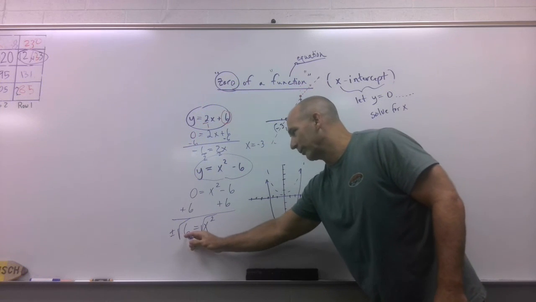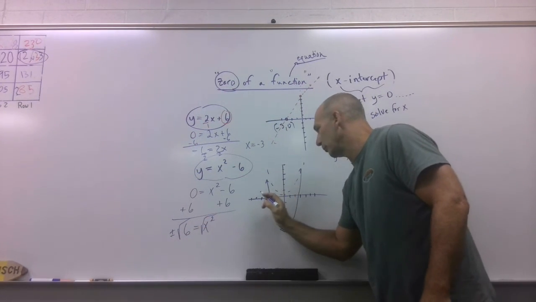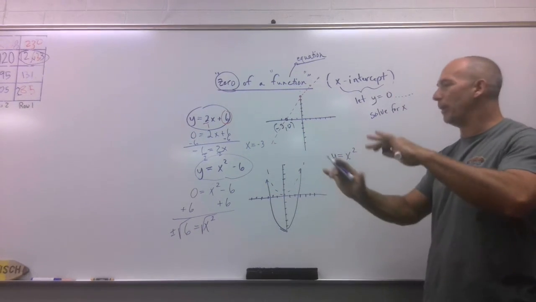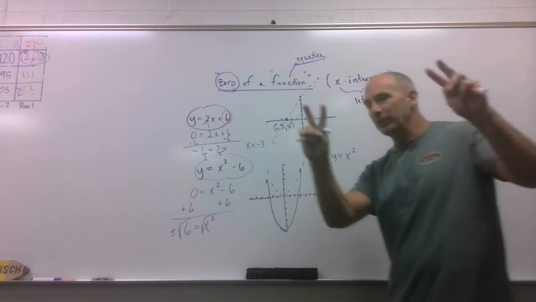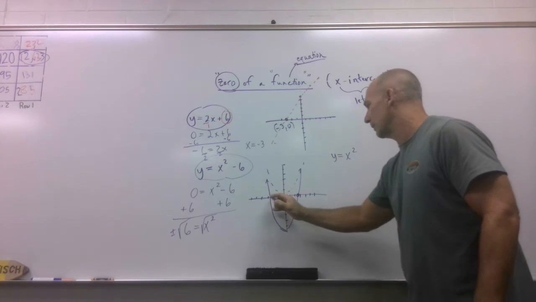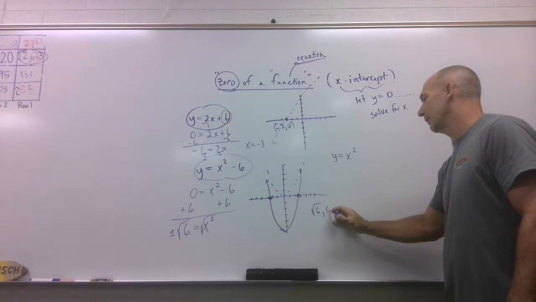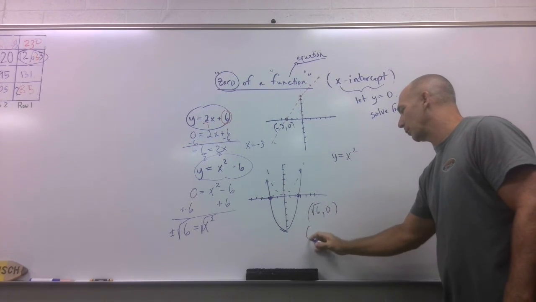Now, what is the square root of 6? Well, it's a little more than 2. So that means I'd have to go left a little more than 2, right a little bit more than 2. Bottom line, my zeros for this parabola here would be right here and right here. So one of them would be the square root of 6, 0, and the other one would be negative